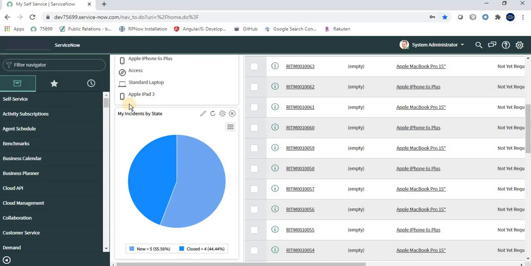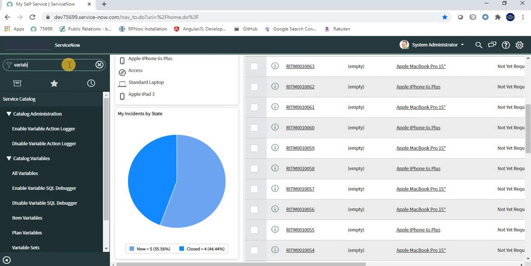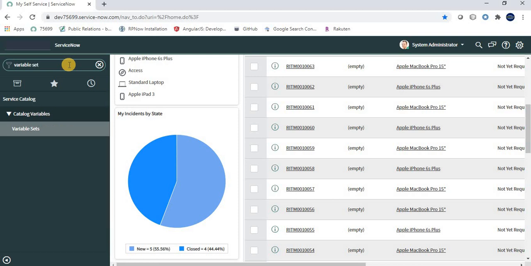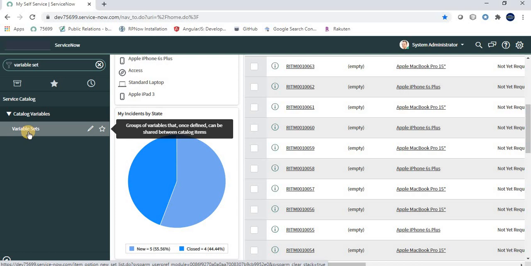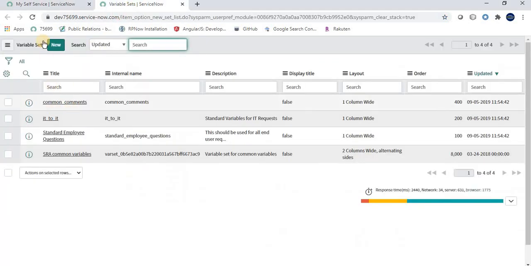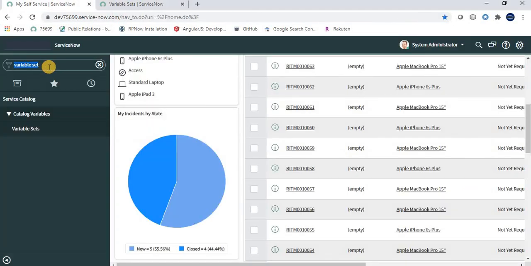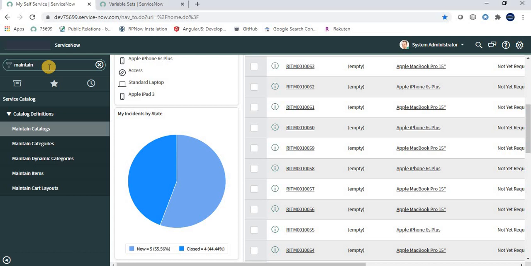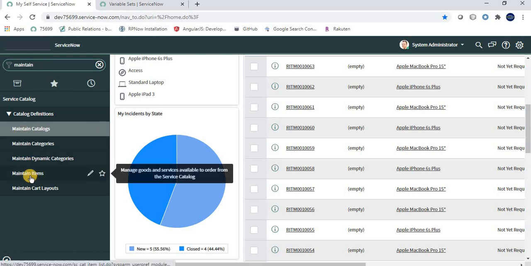So friends, this is my ServiceNow personal developer instance. To create a variable set, in application navigator, we have to type variable set. See, under service catalog we have an option variable set. So I am clicking on this variable set module, and we can create a variable set from here, and we can also create a variable set from the maintain item.